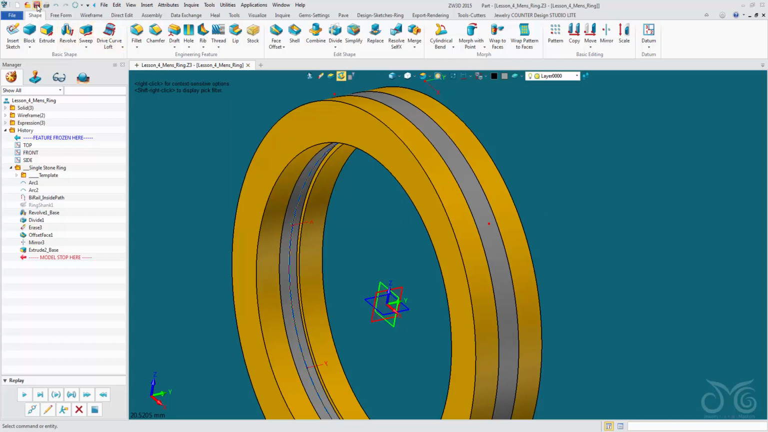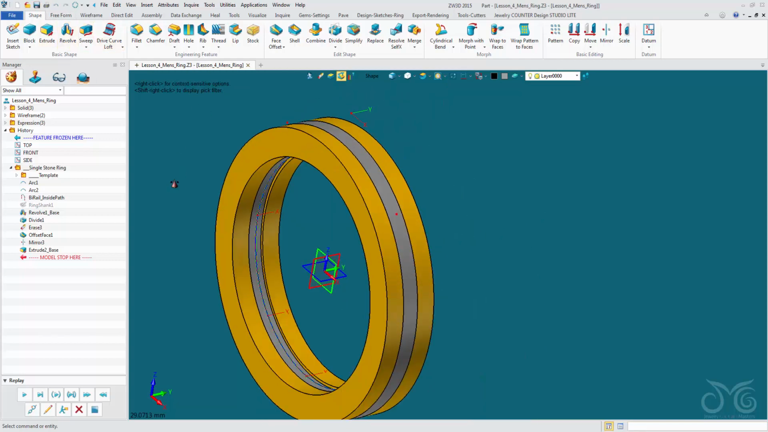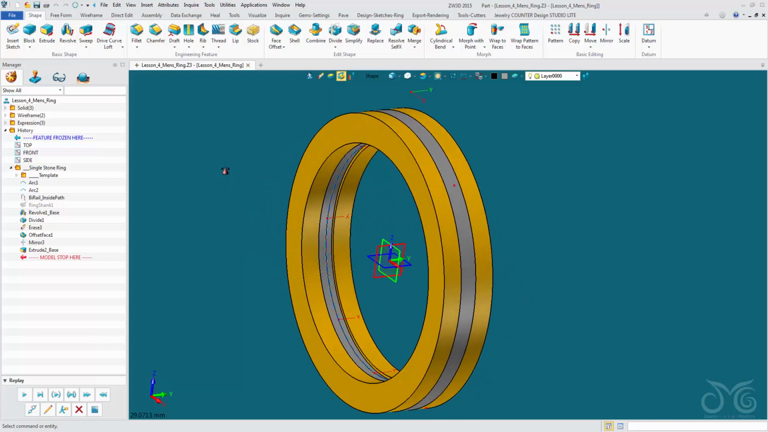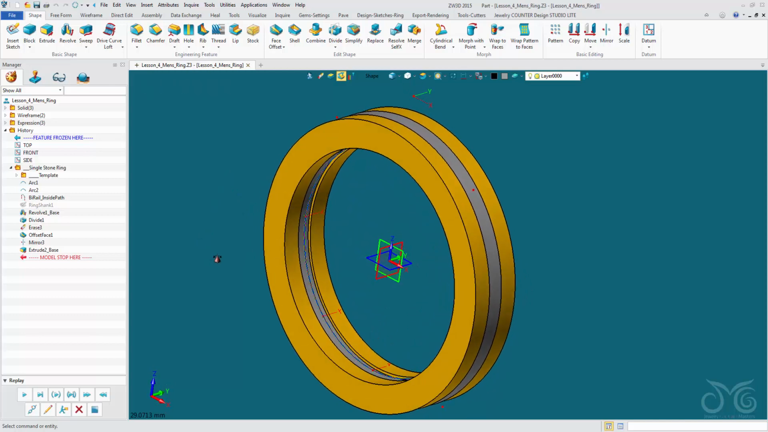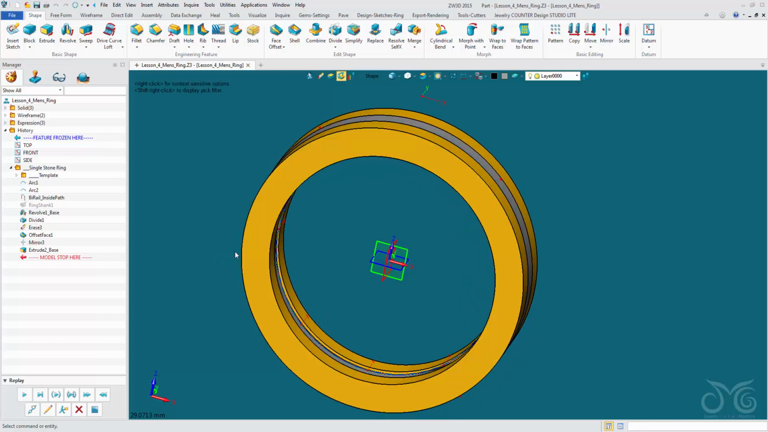Save our work. Okay, so there are different ways that we can achieve this same result, and CAD is all about finding the most effective method. We essentially are doing problem solving when we are designing pieces. So let me show you a different way of achieving the same result. If we take our model stop back to before the divide, we're going to delete the rest of history,